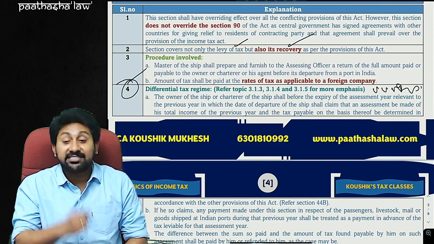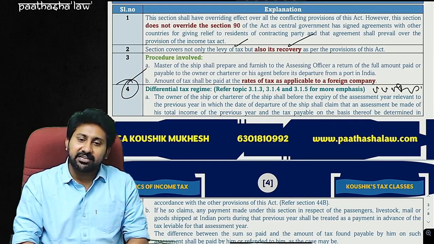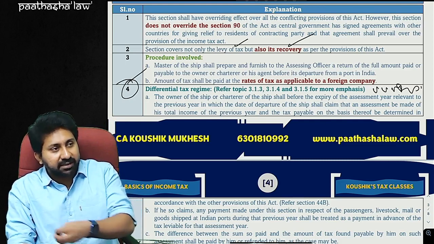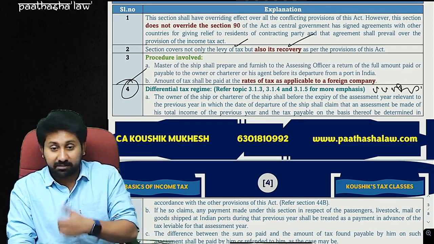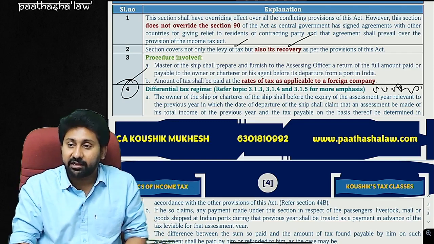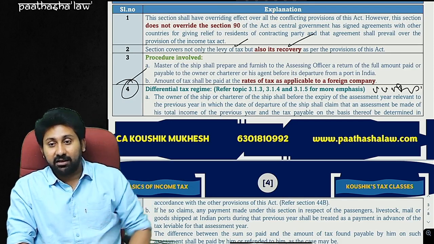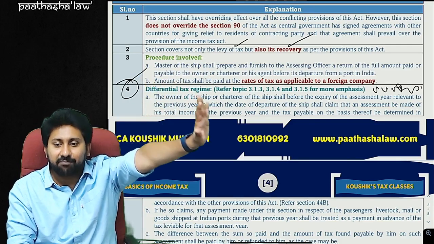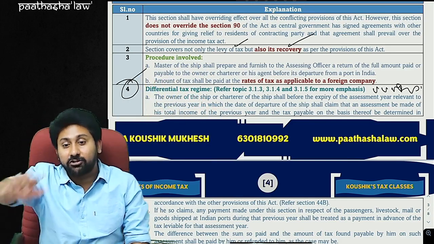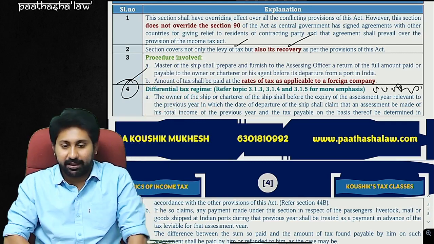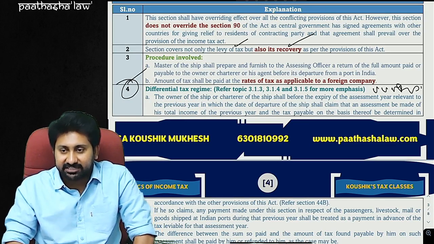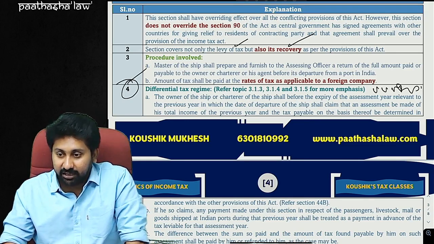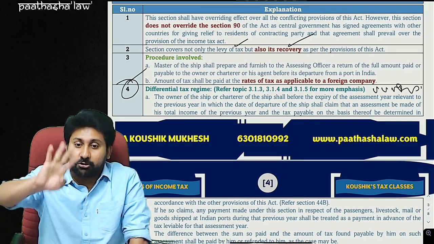Section 172 has a disadvantage. What is the disadvantage of 172? Whenever a non-resident having a ship is leaving India with passengers, etc., by collecting freight, you may say, sir, freight is not yet collected, I will collect after reaching. That's none of my business. Payable freight also, you should first assess the tax and pay. 7.5% is the tax rate applicable, which is the presumed income. On that you need to pay the tax.